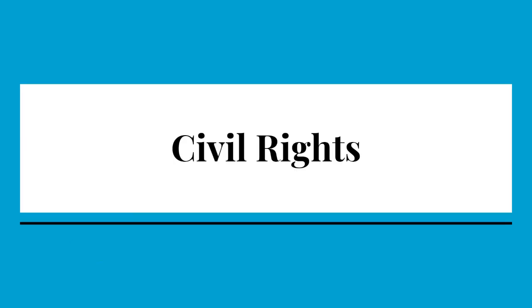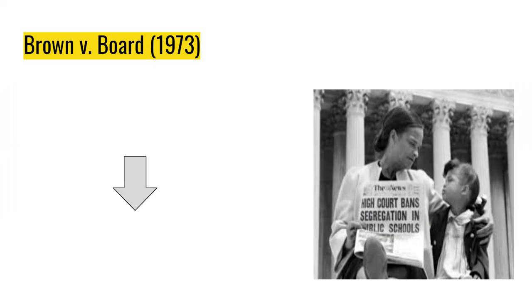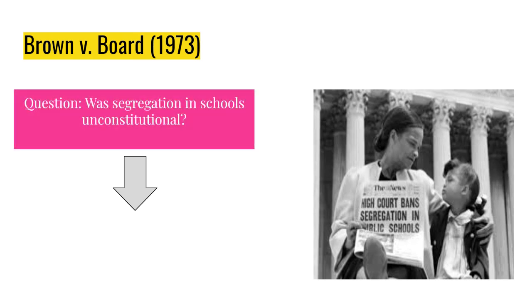And then there's one obviously very infamous civil rights case we talked about, which is the Brown v. Board of Education case. The date's wrong on this. It should say 1954. Sorry about that. And obviously this case dealt with whether or not the principle of separate but equal, which was established by Plessy v. Ferguson in 1896, whether its application in schools was constitutional or unconstitutional. So this case dealt with schools in Kansas and whether or not